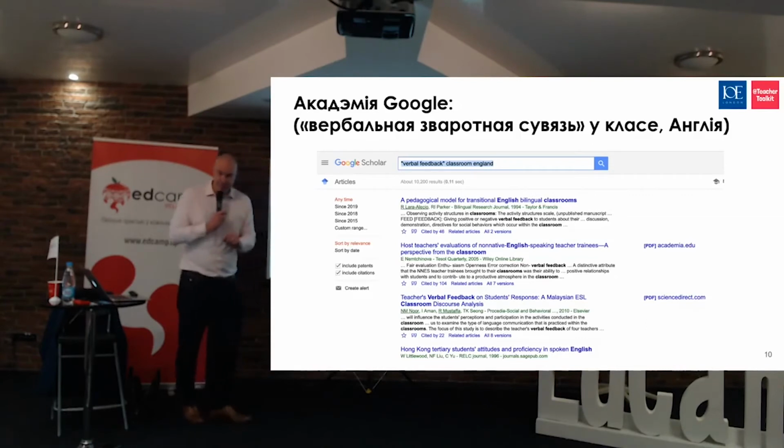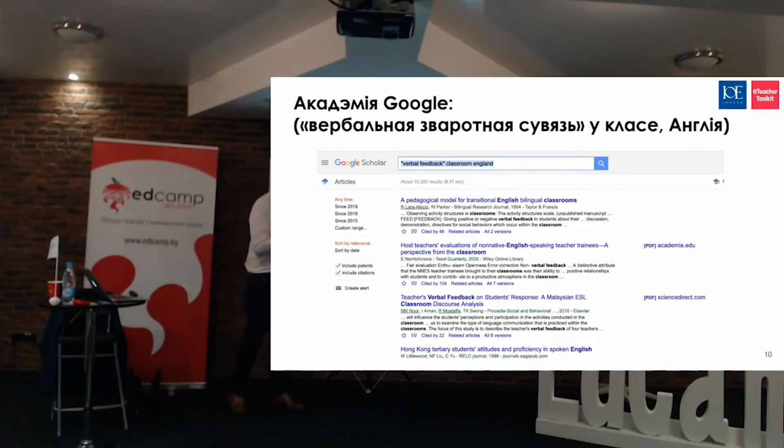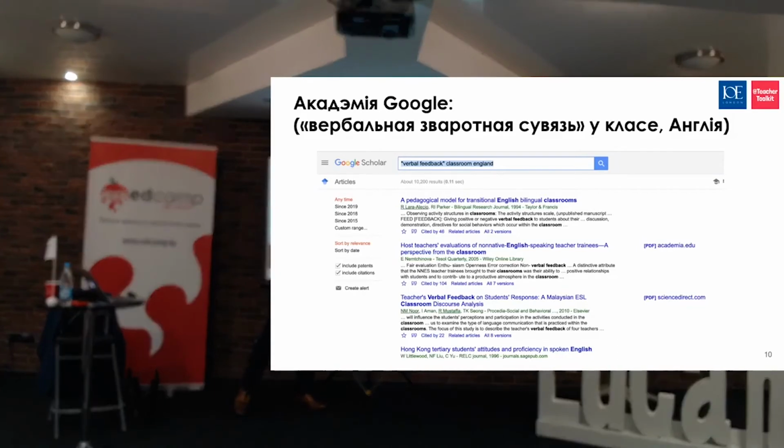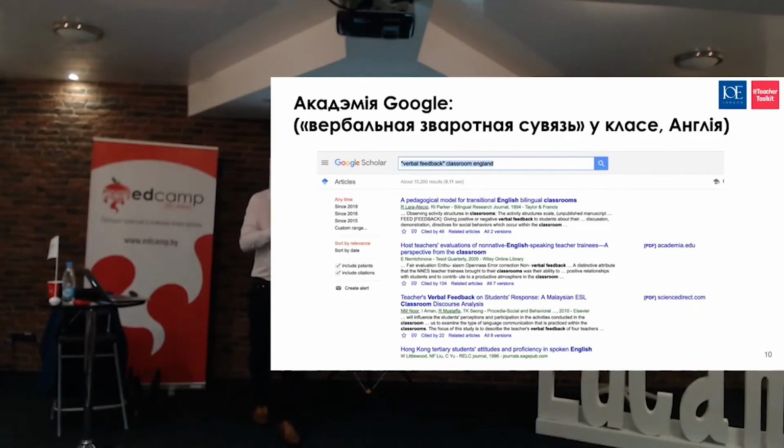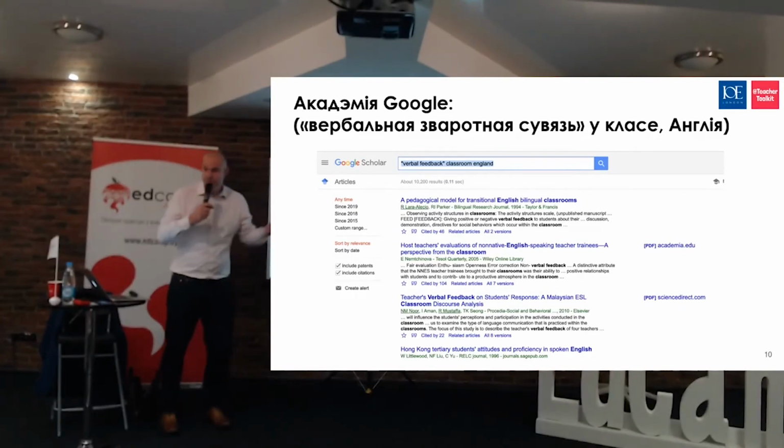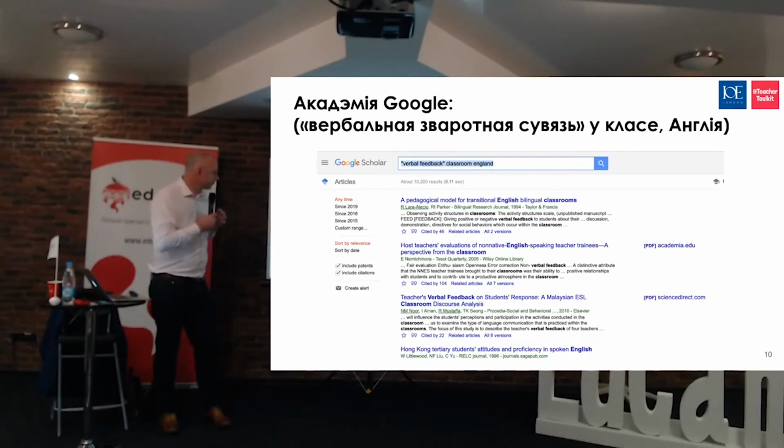Now, top tip for busy teachers, on the right, so here are the results. On the right hand side you can see PDF. That means it's free and open access. If it's got a link here, it's behind a university paywall and you can't see it and it costs lots of money. So it's a really good way to find journals, and some of them will be 4 pages, some of them might be 20 pages, but you just have to do a bit of digging around.